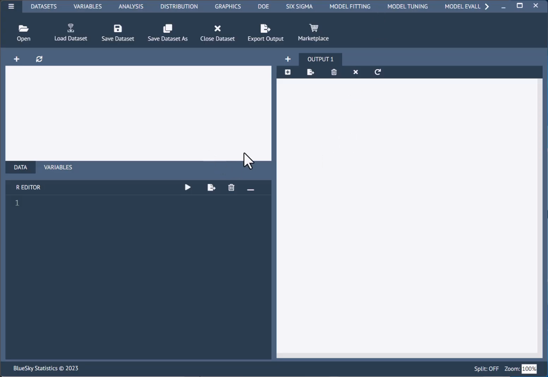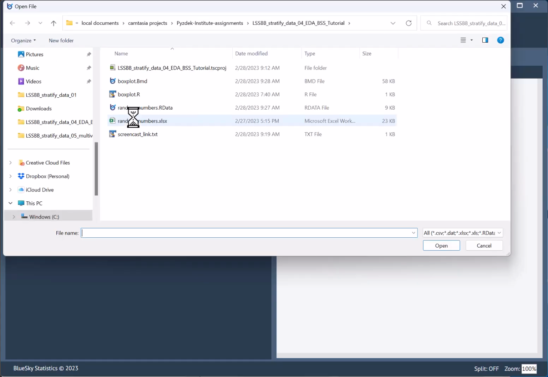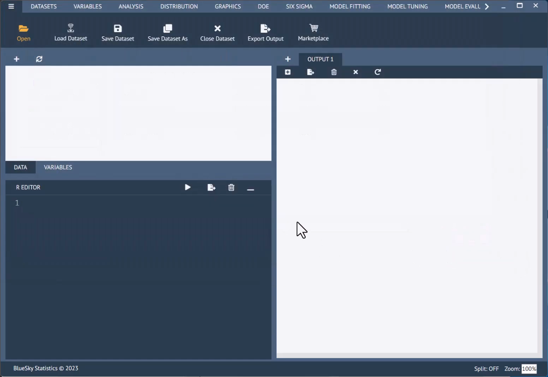If you go to BlueSky software, save the spreadsheet that was connected to the link in your assignment in a folder, and then click Open in BlueSky software to import that spreadsheet. And the spreadsheet is named randomnumbers.xlsx. So if you click Open,